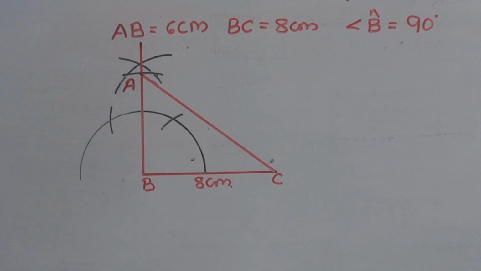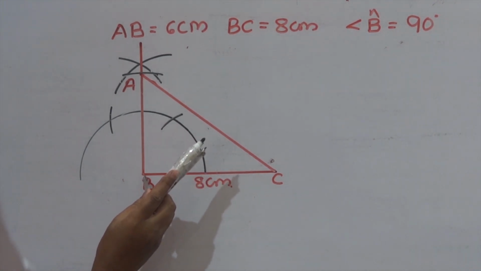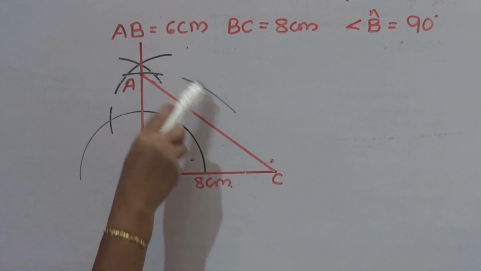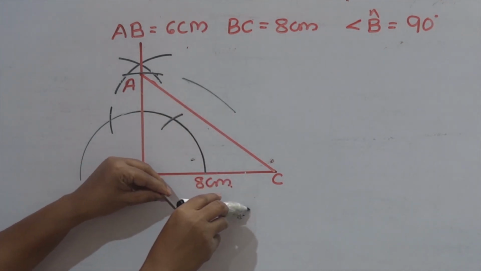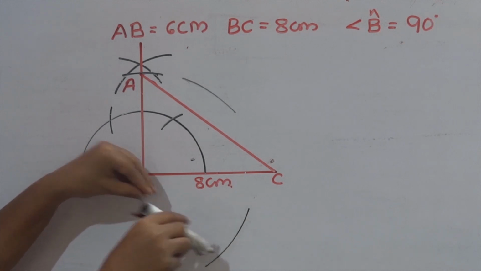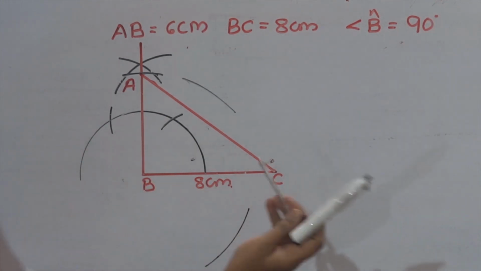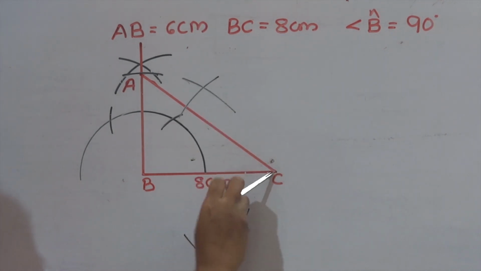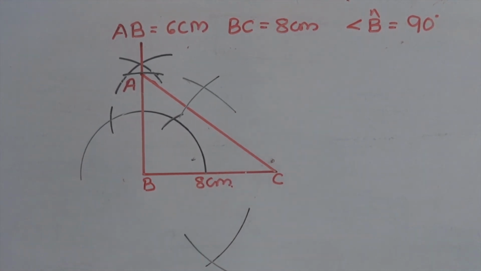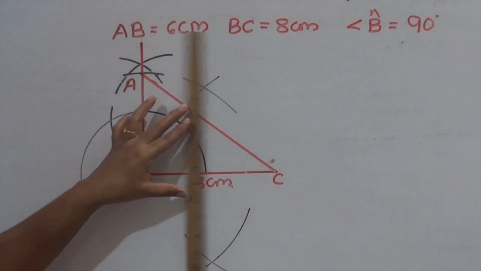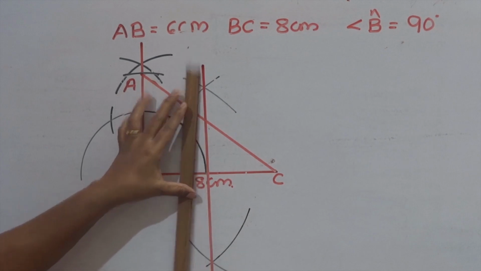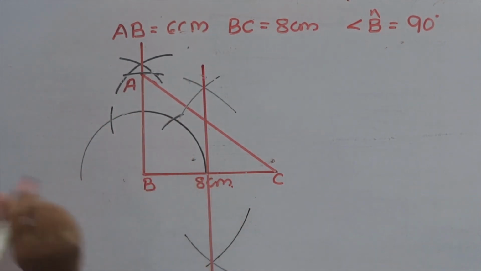To get the midpoint, we have to draw arcs taking 3/4 of the length of the line segment BC. Here I have made one mark. Similarly, make one more arc below the line segment. Now keeping the compass at point C, repeat the same process. Now by joining these 2 points of intersection of the arcs, we will get midpoint of the line segment BC. This is our midpoint now.